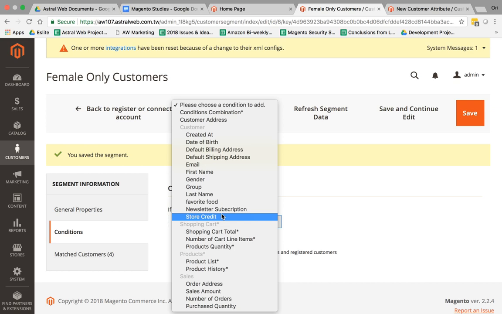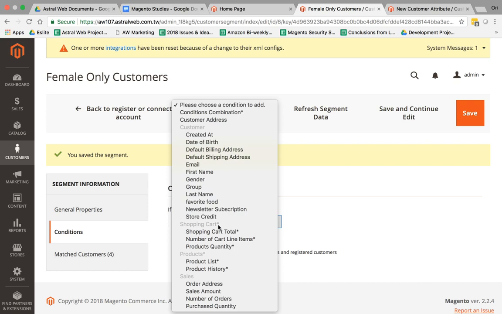So now you can see that you can create a ton of segments. You can create female only segments, male only segments. You can create above a certain age, below a certain age. You can create living in a certain area, or let's give a simpler example: their gender, they're female and they're above 40 years old. They're in a certain customer group, they subscribe to the newsletter, etc. So you can do these. So the first one is customer related attributes, which you can add.